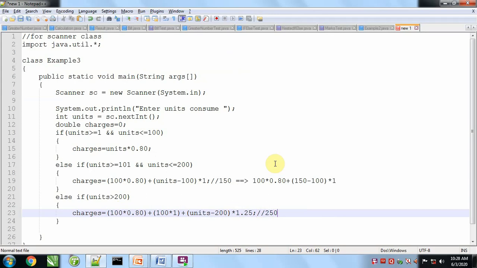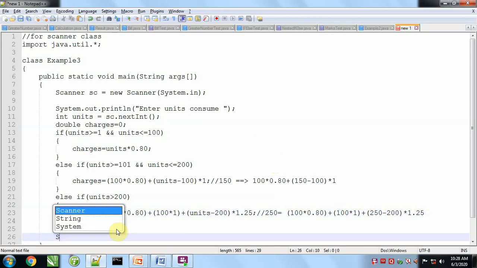Suppose the units I entered are 250. So the calculation will be like this: the first 100 units will be multiplied by 80 paisa, the next 100 units will be multiplied by 1, and the rest of the units, 250 minus 200, will be charged at 1 rupee 25 paisa. The calculation will be performed like this, and finally we will print the total bill, or we can say charges.